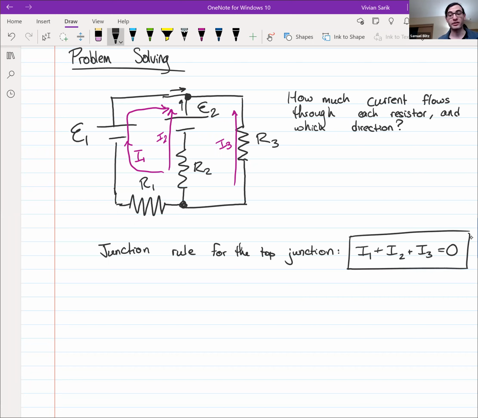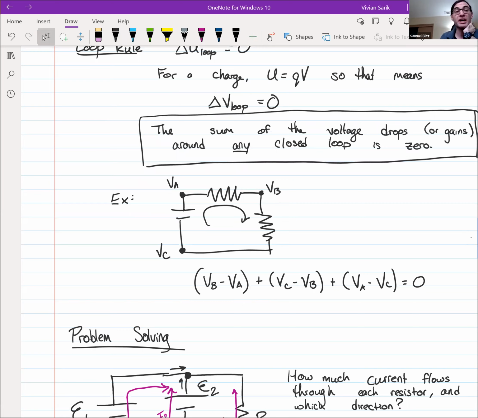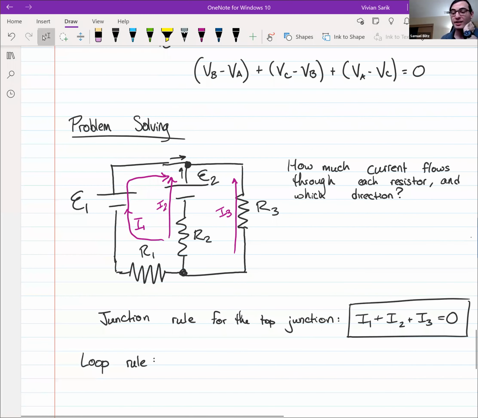We only need 2 more, right? Because there's only 2 variables. So now we have to do the loop rule. The loop rule is quite a bit more involved. So you might ask the question, which loops do we use? Because the loop rule is a statement about any closed loop, and you might think that you need to pick a particular loop. In fact, in this circuit,